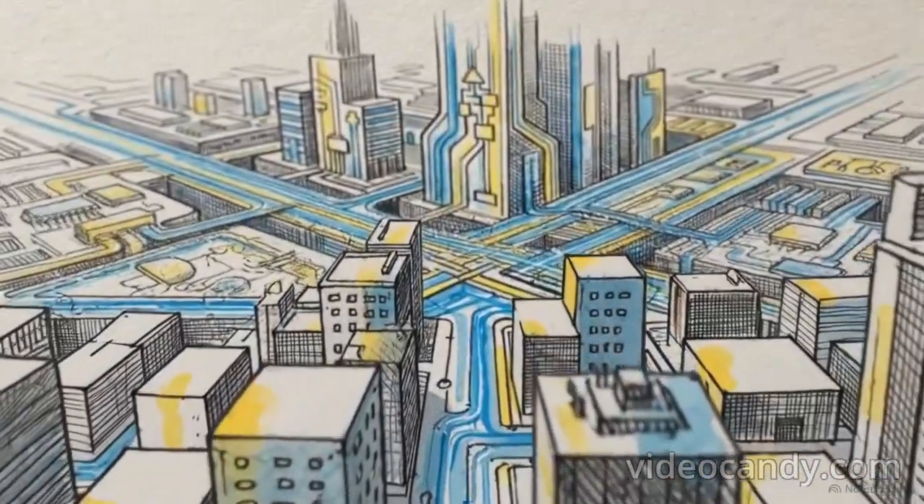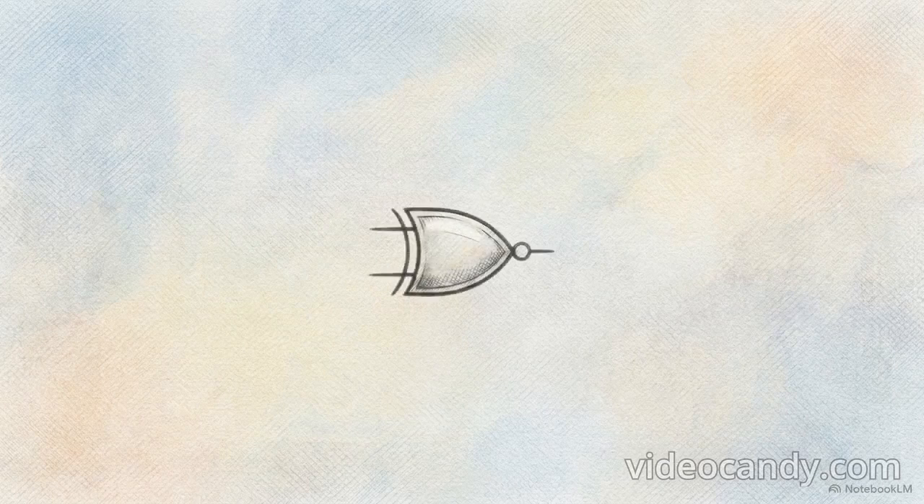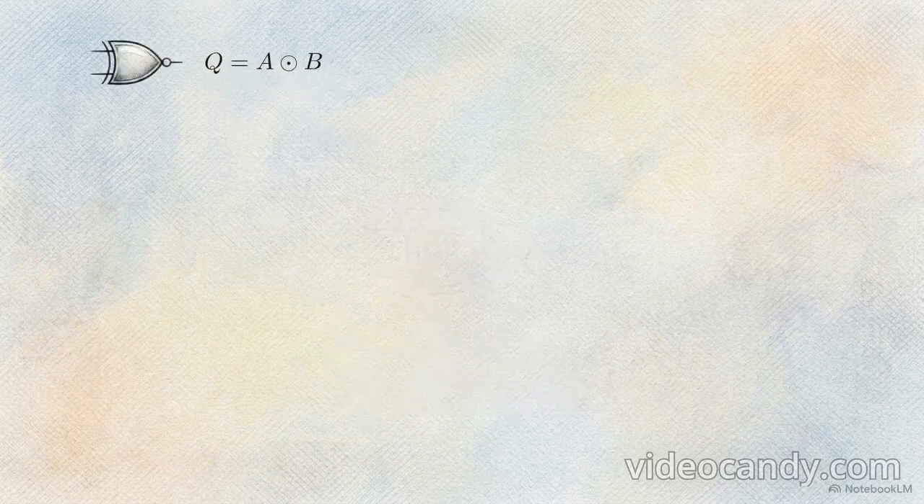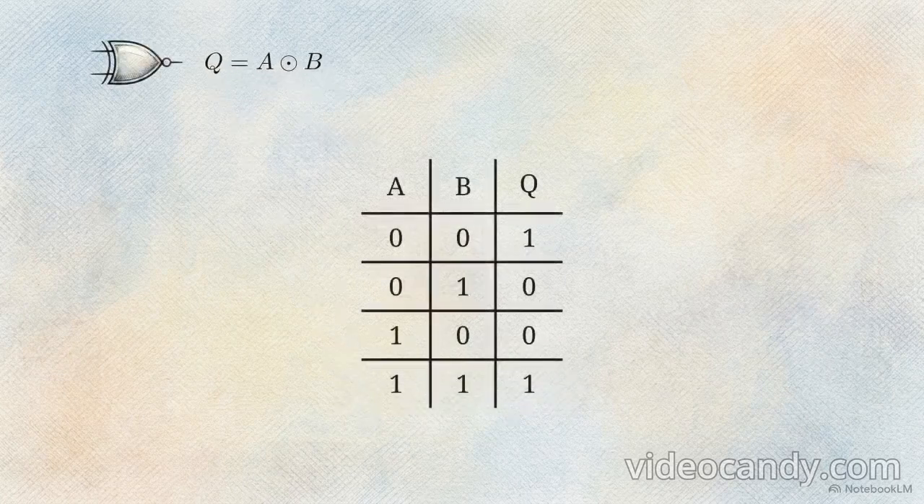a billion transistor architecture. Beyond basic and universal gates, we have highly specialized logic, like the exclusive NOR gate. Its specific function is denoted by a dot within a circle in its Boolean expression. The EX-NOR operation is an equality detector. It evaluates two inputs and outputs a high signal only when those inputs match exactly, either both high or both